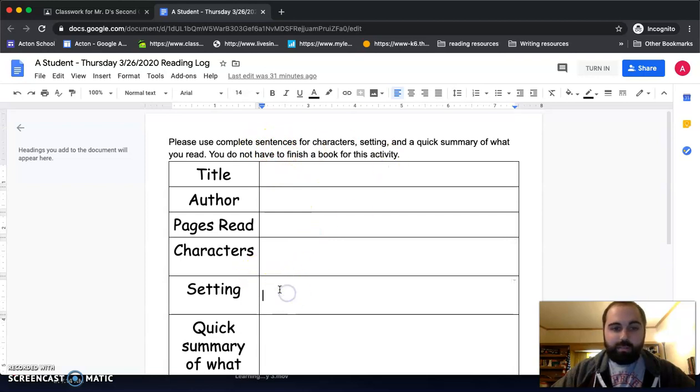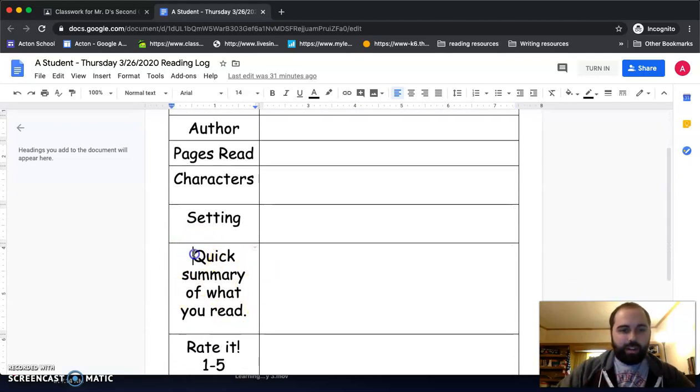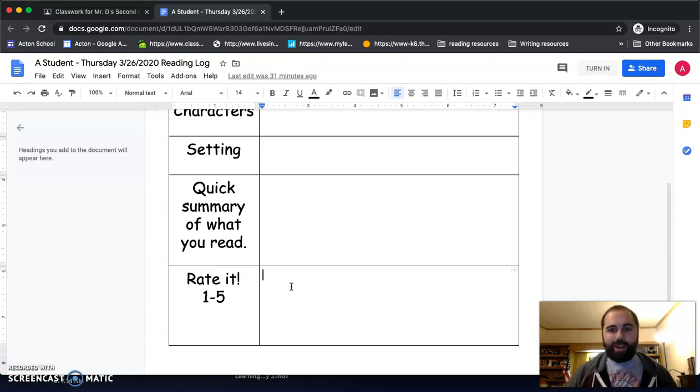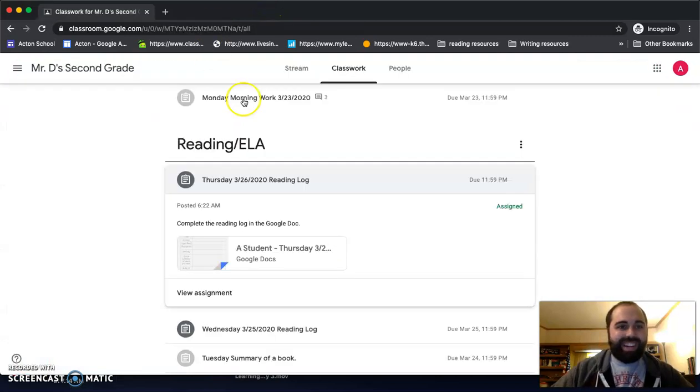in a full sentence. Make sure you're typing it out as a full sentence. And this one's a little bit new. I haven't really done quick summaries with you guys before, but some of you are already really good at doing it, and I think you can figure it out. Here, you're just going to give me a quick summary of what happened. Don't think about the big long summaries that we do for full books, but think about, give me 3 sentences of what happened in your book so I know that you read it. And then go ahead and just give it a rating at the bottom of how much did you like the book, how much did you dislike the book. And from what I've been seeing, a lot of people are liking their books, so that makes me super happy. Good, I'm glad.